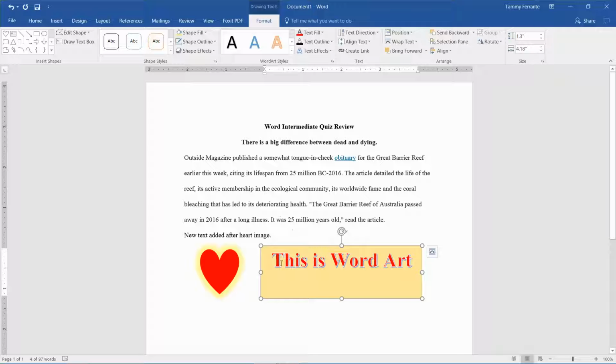So now it has a similar, close feel that the heart does. We did a fill for the heart and we made it red, and we did a fill for the word art and we gave it a gold or a yellow. The other type of object that we can add